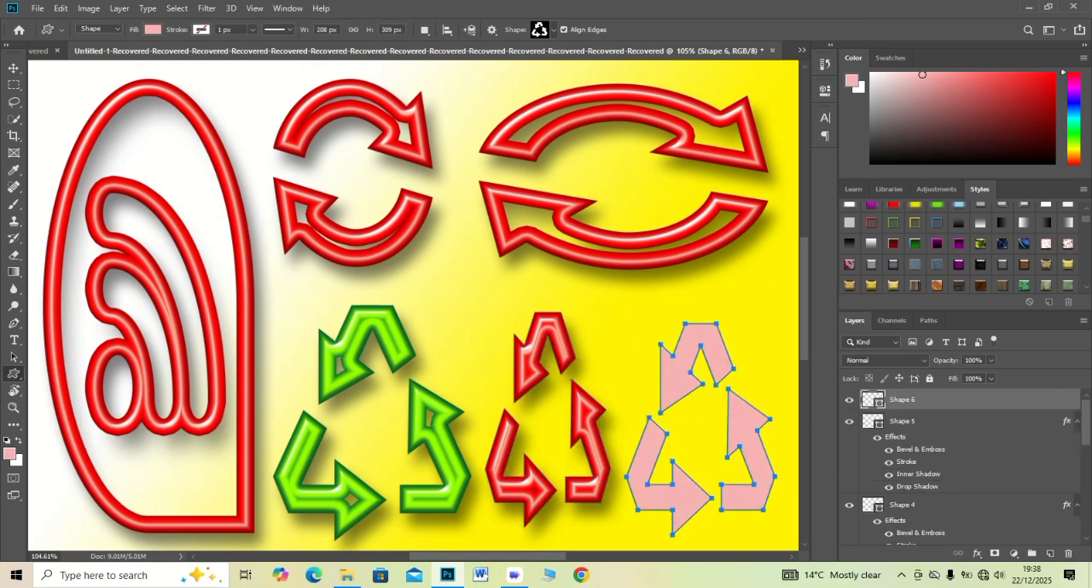Group all related layers. Double click the main bar layer and add a soft outer glow. Then press OK. Your